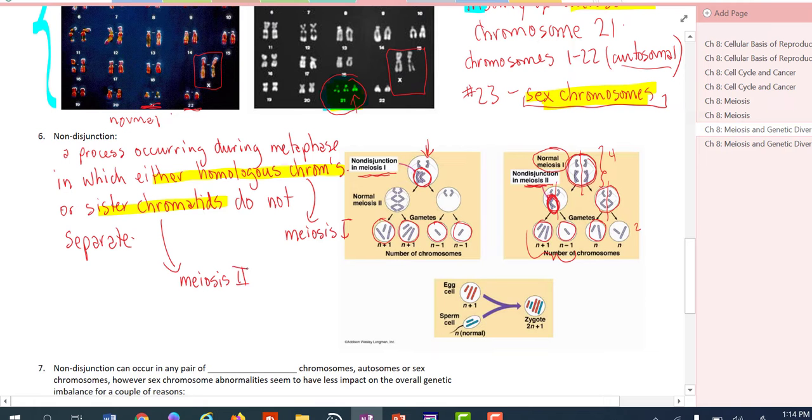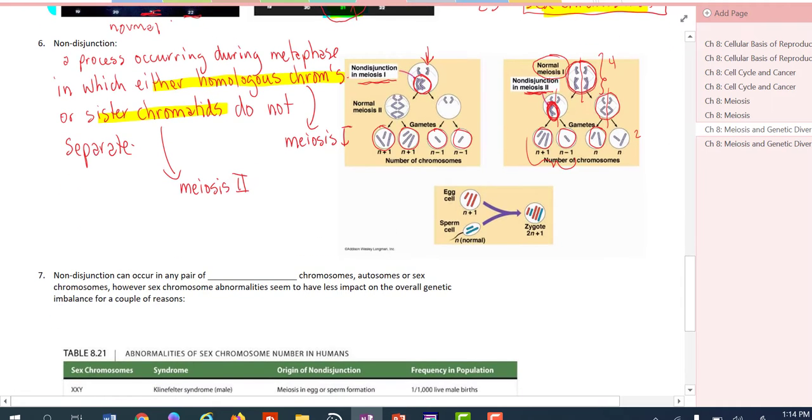Okay, now non-disjunction can occur in any pair of